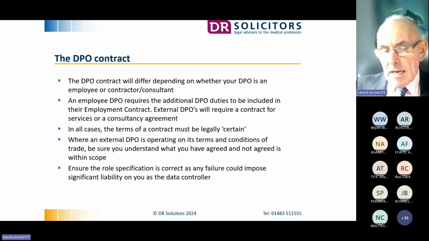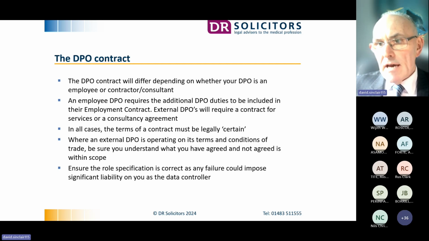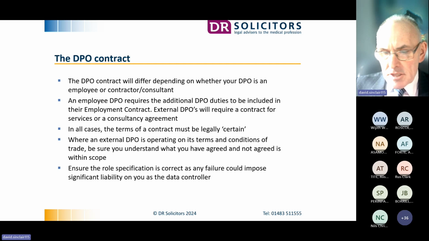Importantly, in contract law, the terms of a contract must be certain. In other words, if it's ambiguous, it falls in favour of the DPO, not you. And therefore it's important that you get advice when you're drafting these contracts or when you're reviewing them and revising them. And that's not to say that you have to go to solicitors every single time you look at the contract, but you do need to take expert advice,